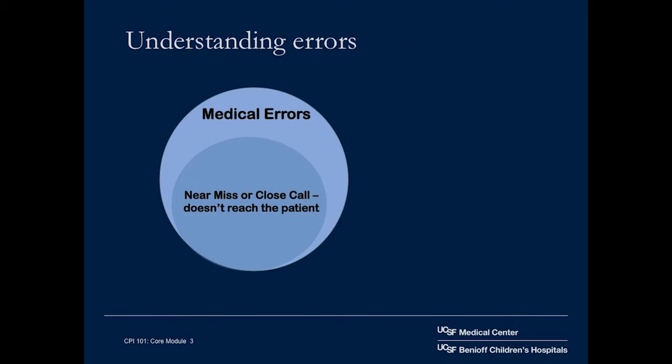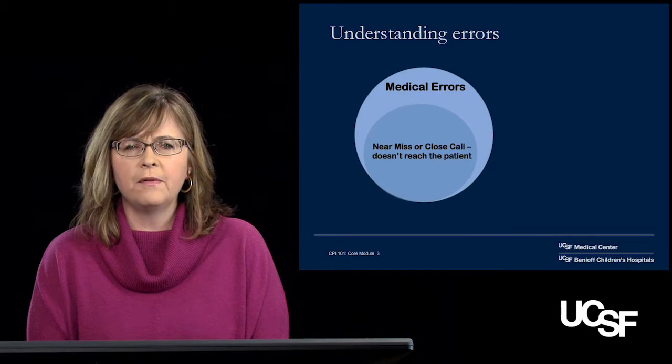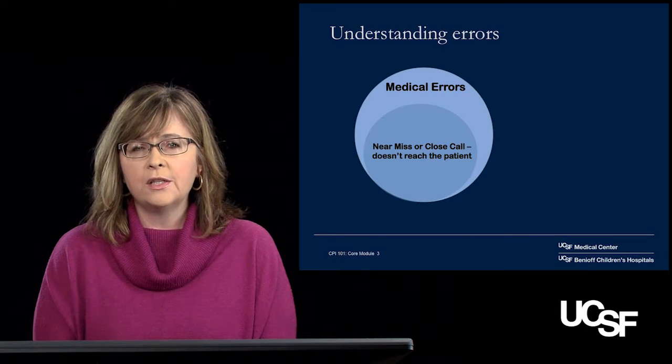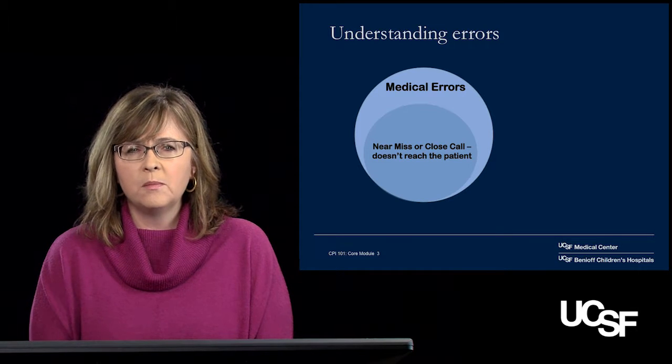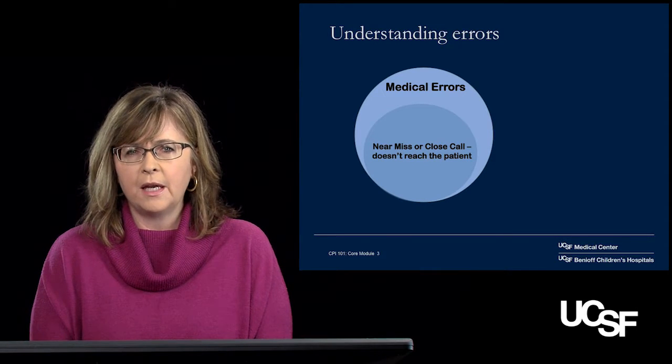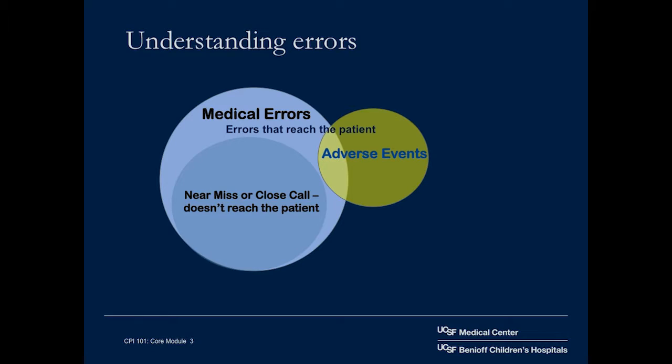That also can be things where we have a problem that isn't what's supposed to happen for the patient, but it's caught in time. This is called a near miss or close call, and an example of that would be the wrong medication is ordered for a patient, but someone notices and doesn't deliver that medication. What we're concerned about in terms of patient safety are those near misses, but in particular, we're concerned about